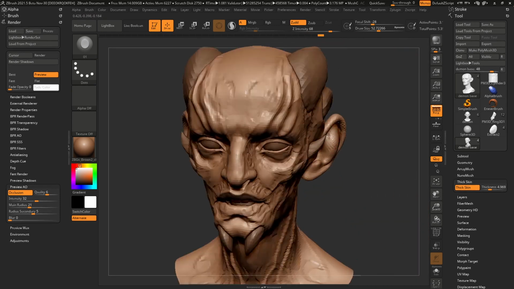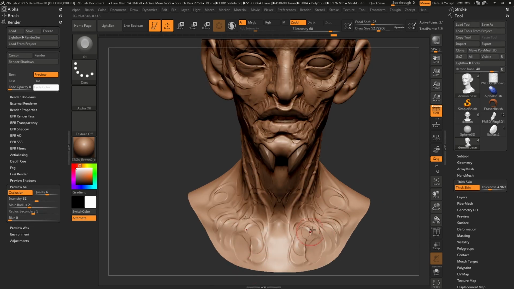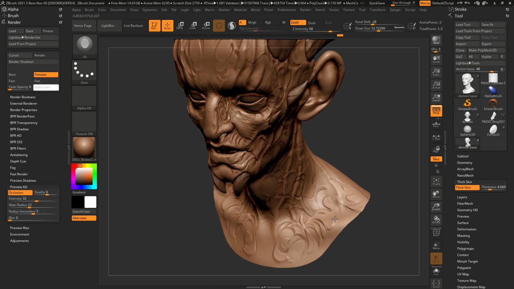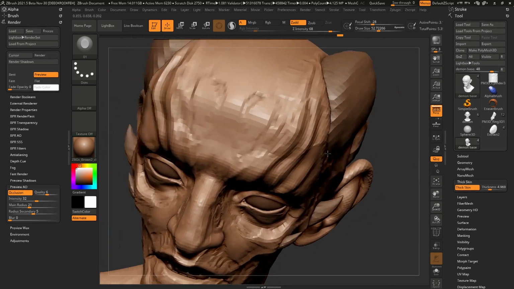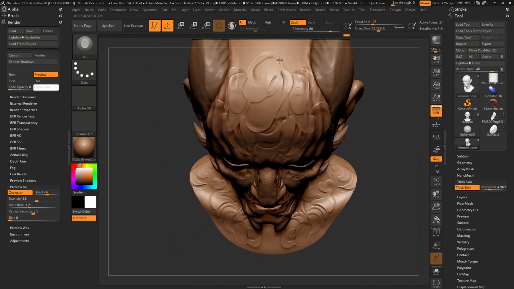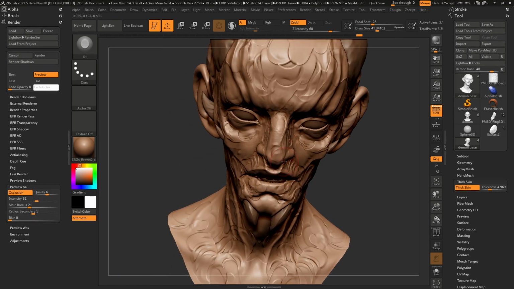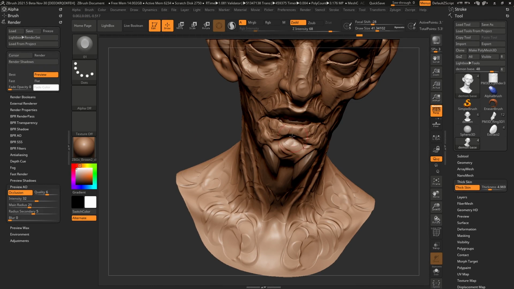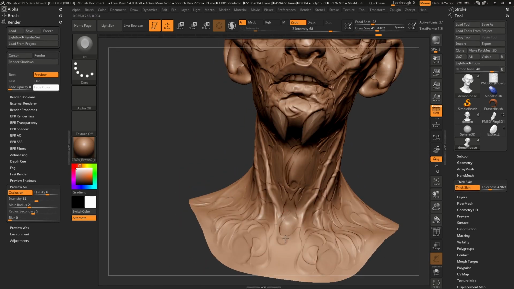like you see here. And you'll notice that I sort of avoided the midpoint or the center line, and that's just another neat trick that you can use. Work with symmetry for the sake of speed, to work a little bit faster, avoid touching the middle line, then turn off symmetry and, without symmetry, go over the center line again, and it will create that sense that it is an asymmetrical model, just because that center line is not symmetrical, even though the other details are. So that's another trick there that you can use,